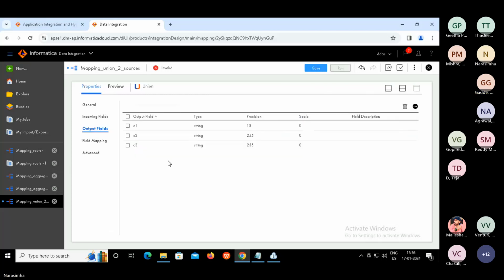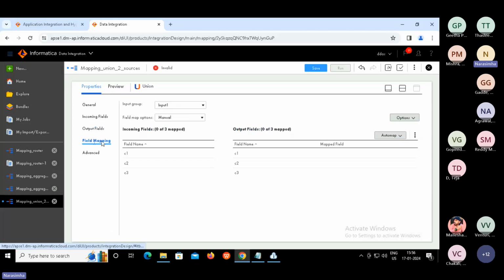Fine. Okay. Now go to field mapping. That's fine, right? So map C1 to C1. Look here, guys. C2 to C2, C3 to C3. So please add this mapping part. Go to field mapping, C1 to C1, just drag and drop. C2 to C2, C3 to C3. After that, we can see in mapped field C1, C2, C3. Make sure that this mapping is done.